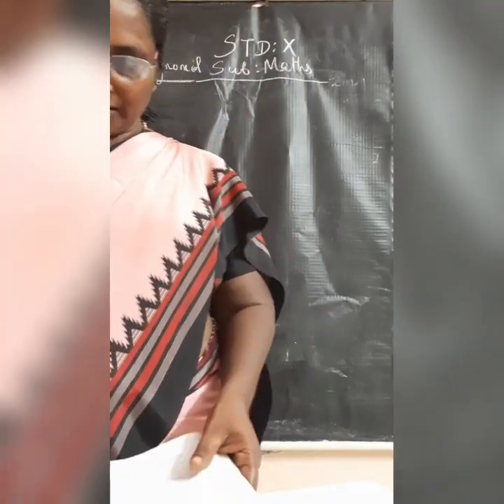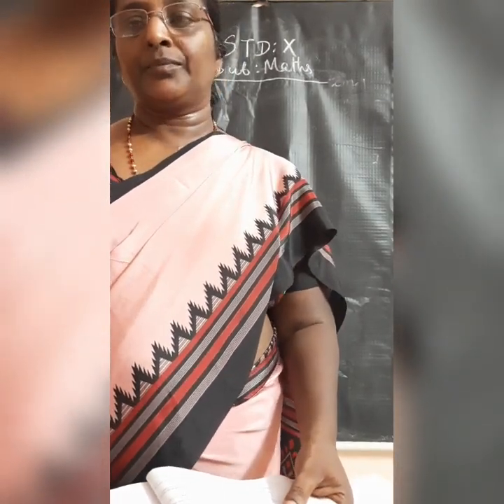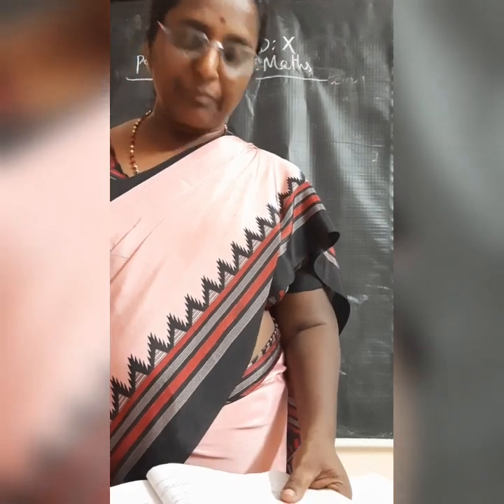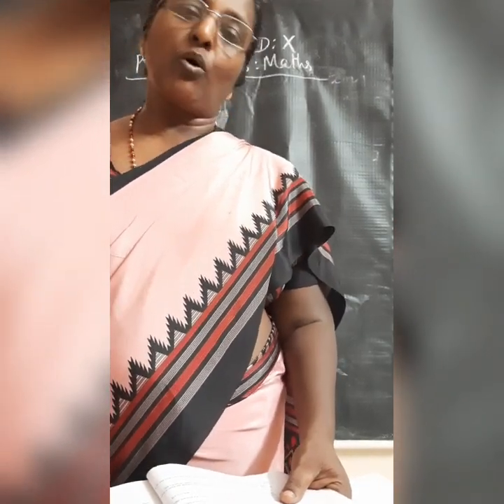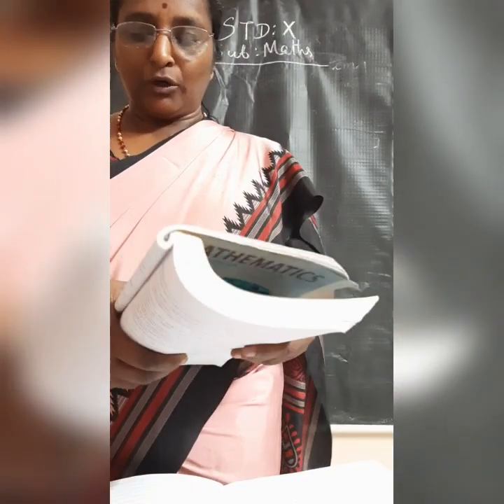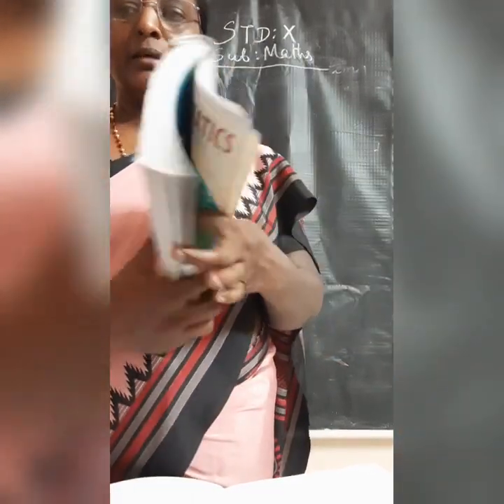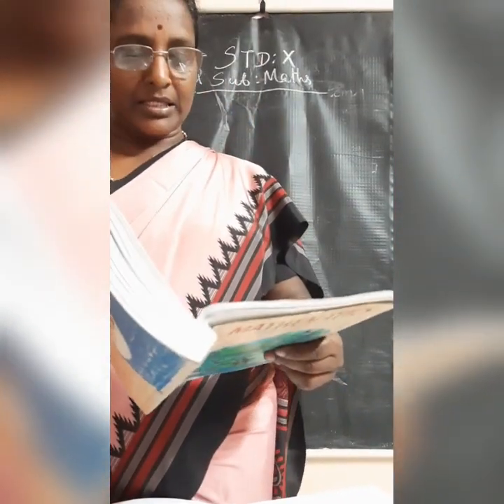Now we want to do exercise 2.3, fourth question. Read the question. On dividing x cube minus 3x square plus x plus 2, that means p of x, by a polynomial g of x, the quotient and the remainder are given. The quotient is given as x minus 2 and the remainder is given as minus 2x plus 4. So you should read in the order, not change.